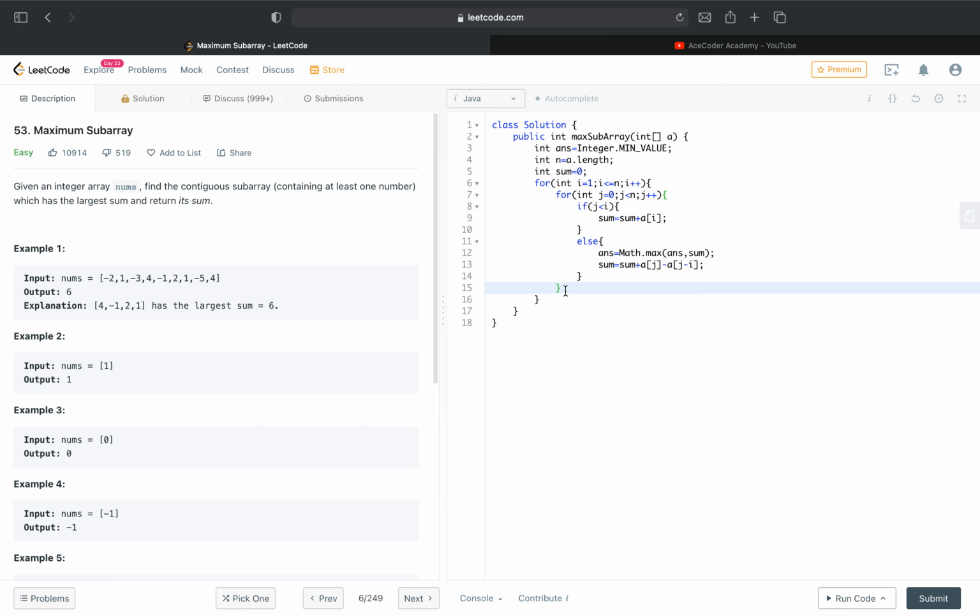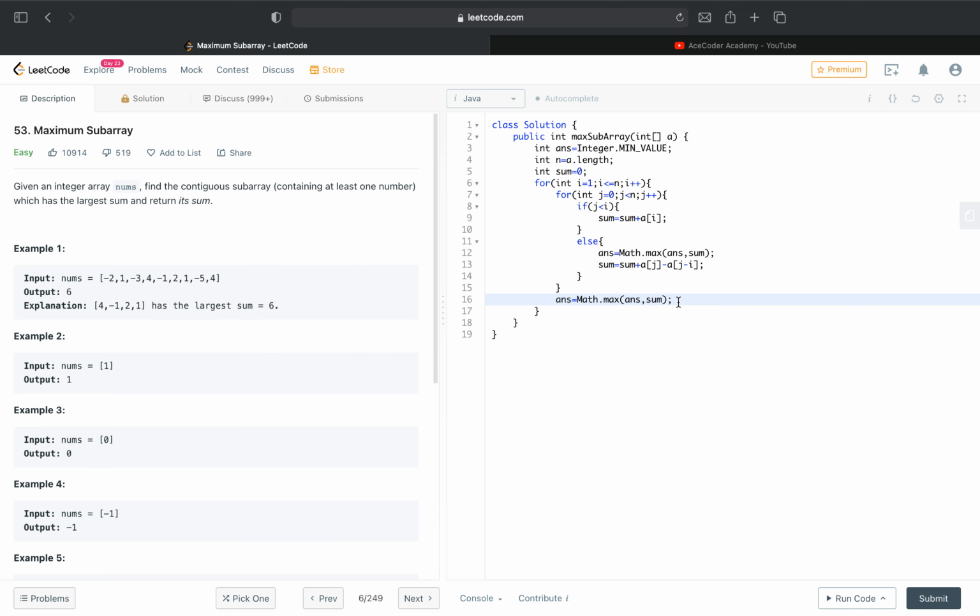And again we will be making answer equal to Math.max of answer and sum. Why are we doing it? This is because if the size of the window is n, it will always remain in this loop only, and the answer won't be updated, so we have put it here also.